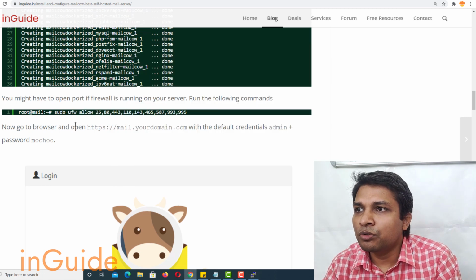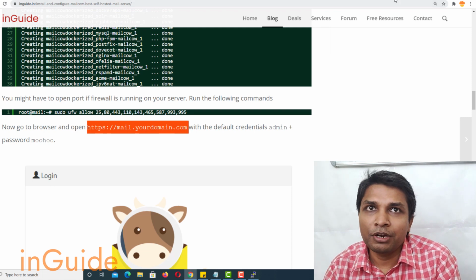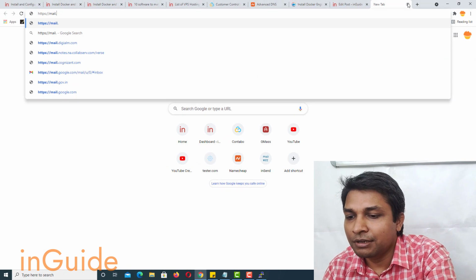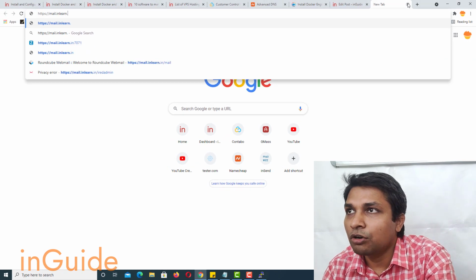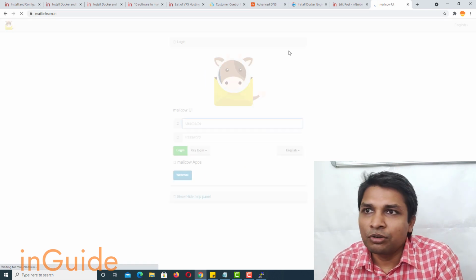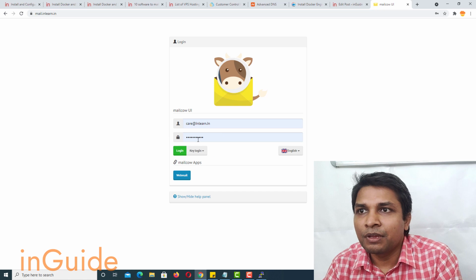Now it's time to go to the browser and open https://mail.yourdomain.com. So let's open it, and obviously replace yourdomain.com with inlearn.in or your domain name, and then it will ask you for a username and password.